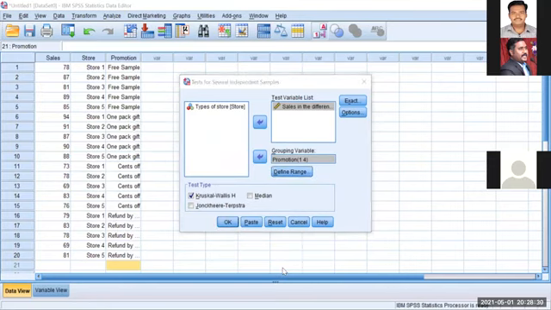Sir, if you want to test both at 5% and 1%, you cannot test both at 5 and 1%. There should be only one level of significance, right? If you're focusing on 1%, that 95% still comes under the 99%. So we cannot do two levels of significance. We have to do it at 5%. That's why I told you the standard level of significance for research is 5%. 1% you can use if your research is a laboratory experiment, like a technical or science domain, where you can prove it practically by undergoing a test.